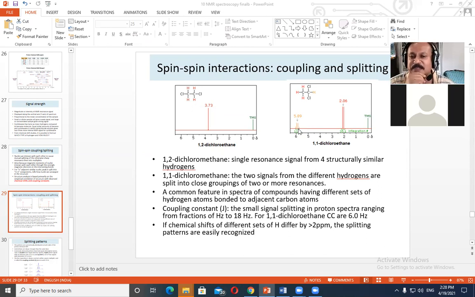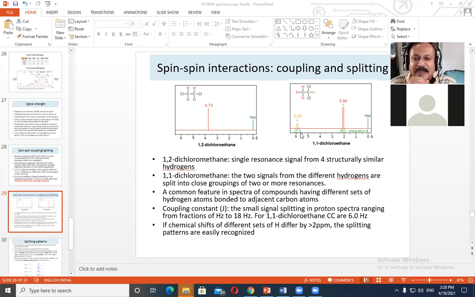Another interesting thing that we can see is that each of the peaks is actually split up into more peaks. Can you see that? Instead of one single line, we are getting 2 lines here, and instead of one single line, we are getting 1, 2, 3, 4 lines here. The 2 central lines are more intense, and the lines at the periphery, at the sides, are a little less intense. So each peak for the protons is split up.